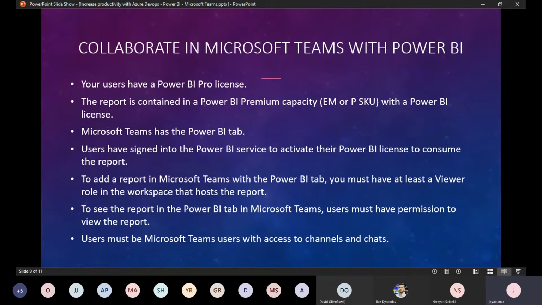The first thing is you need to have a Power BI Pro license. I guess you'll be getting it with E5, or else your Power BI report has to be generated with the Power BI Premium option. So these are the two things you need as a license perspective. Only then, if you create a report and add it in your team, will your users be able to consume that report. Even though you have permission to the project for which we are generating the report, Power BI is a separate license, and you need to have its own license, either a Pro license or a Premium report.